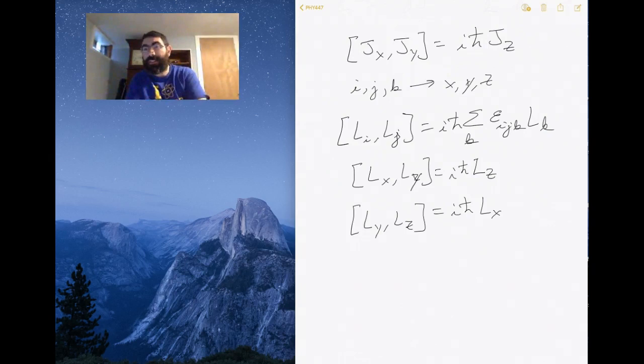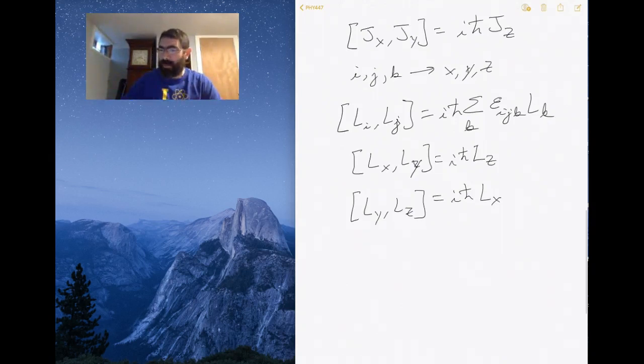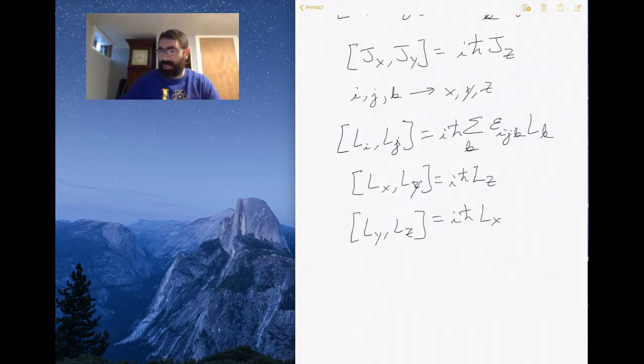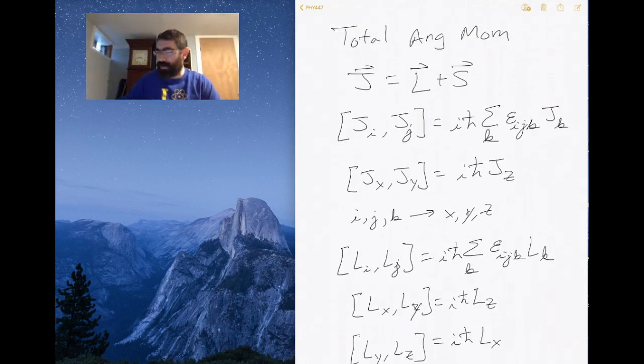So if we follow this by analogy, it should tell us something about the spin mathematics,